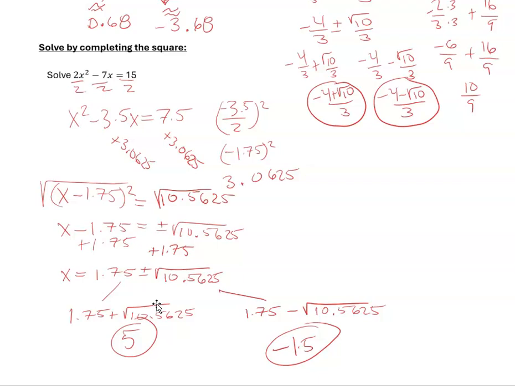So once you get here, you're going to do half of b and you're going to square it. Write it down before you square it because you know that's the number that goes with the x when you are going to be factoring it. So it becomes x minus 1.75 squared because that's what half of b is. And then on the other side, you had to add whatever it was after it was squared. Luckily here, this is a terminating decimal. So it's 3.0625. When you add it on there and you square root both sides, it turns out that 10.5625 square roots nicely to